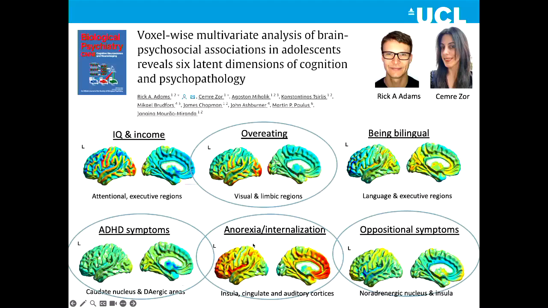I won't have time to go into the detail, happy to answer questions later, but I think this study is an example of how we can use this approach to find the latent dimensions of mental health and link them to underlying neurobiology. Latent dimensions of mental health have long been found with approaches such as factor analysis, but just using the symptoms. Now we are finding these latent dimensions combining the symptoms, but also with the brain, and linking them to an underlying neurobiology, which I think is important.